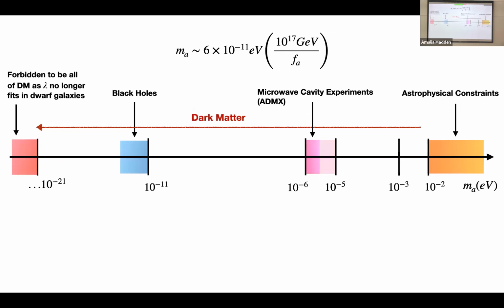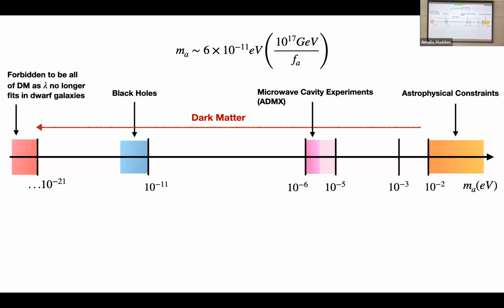So where should we look for the QCD axion? So there are many orders of magnitude where the QCD axion could live. At the very top here, we're constrained by stellar cooling. So the existence of the axion starts to cool too fast. At the very bottom, we have a bound from the fact that you would affect the dynamics of our smallest dwarf galaxies when the wavelength of the axion becomes comparable to the size of these galaxies. Now, in between, we have this huge range that we could look for the axion.